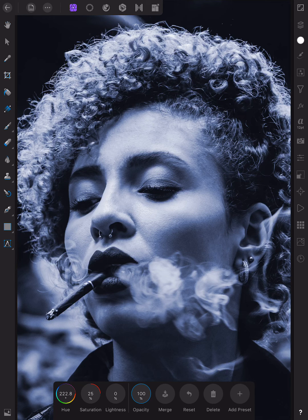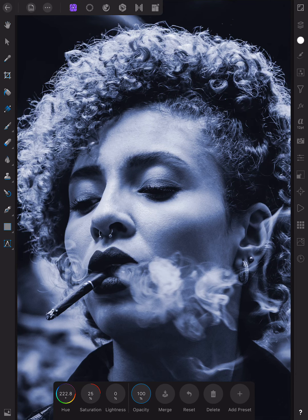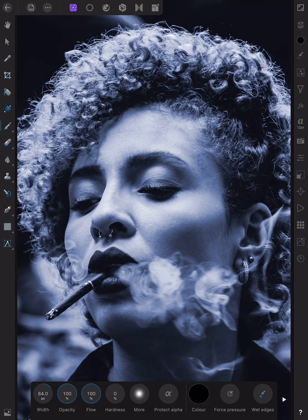Now what we're going to do is select the paintbrush. See, on the left hand side you've got your paintbrush tool. So let's select the paintbrush, and just using your finger, I've set the pixel width, bottom left hand corner there, to 84 pixels, which is probably way too big for this image. So let's see what happens. Just starting in the forehead and painting in